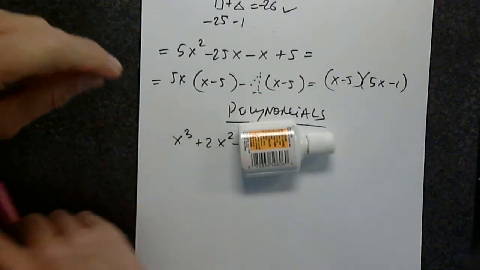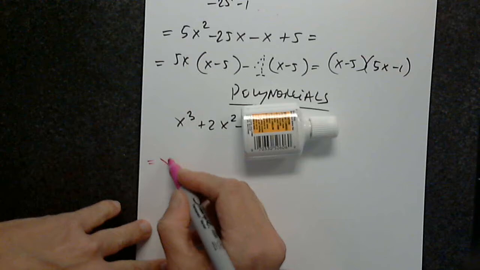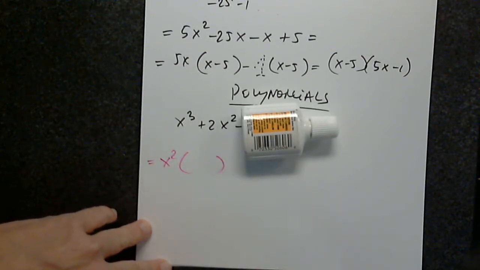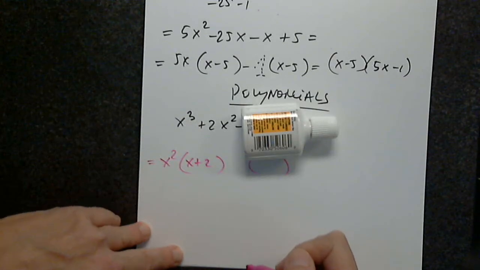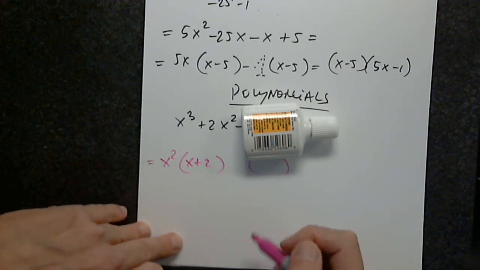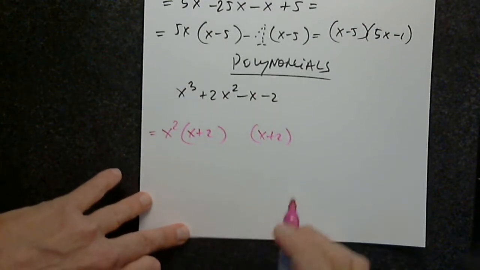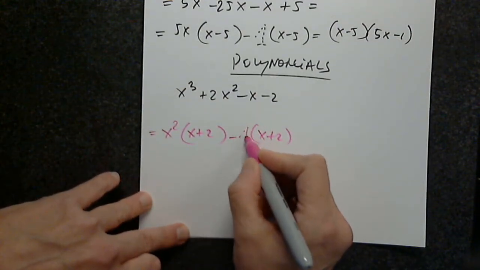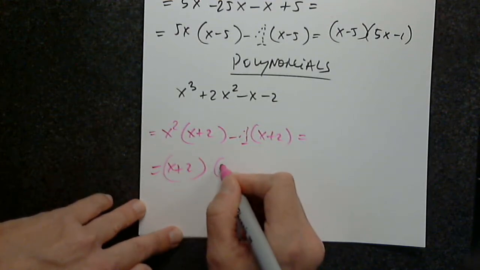So let's try first and last. What will you factor out? X squared. Good. And what is left in parentheses? X plus 2. What will you see from the other two? And now what do you pull out? Minus 1, indeed. You will factor out x plus 2. And then you have,